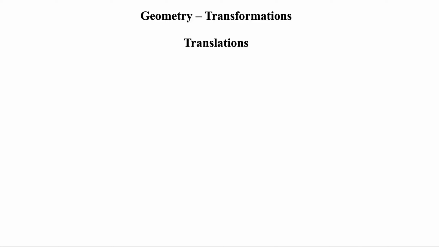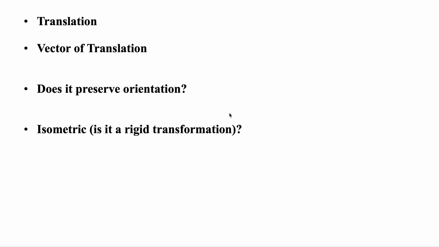So now we're going to talk about a specific type of transformation called a translation. Please bear in mind translation and transformation are two different words. A translation is a type of transformation. That's what we're going to learn about right now. So a translation is literally moving a shape, moving a geometric shape,